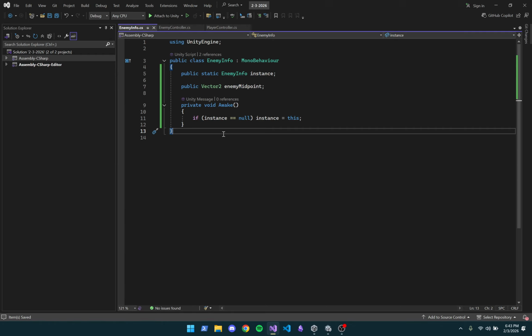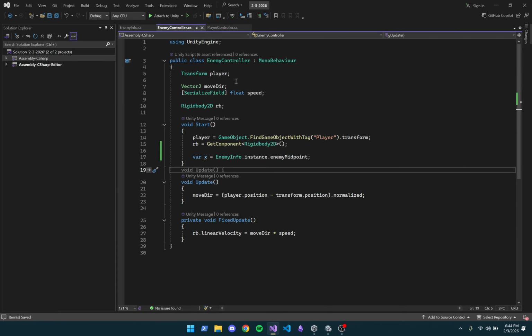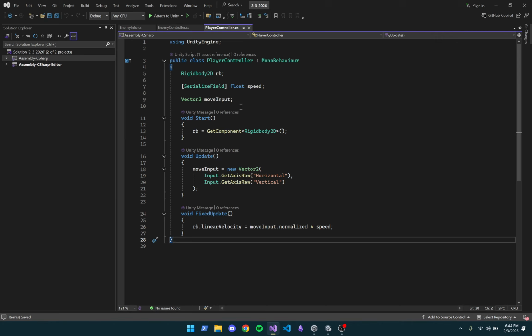The reason people don't like this is because we've taken the entirety of a class and said that anyone can have it. You can imagine how this could get out of hand. For example, if instead of getting a reference to the player via game object find game object with tag, we just made player a singleton and said everyone can access player, you can imagine how this would get out of hand very quickly, where everyone has access to everything. And the reason we don't like that is